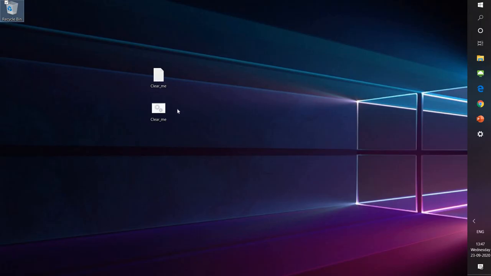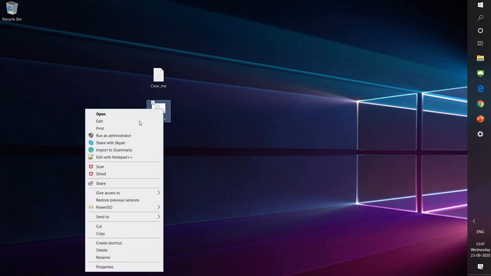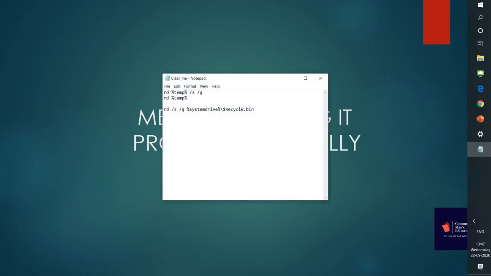So this is a batch file which I can just double click on and run whenever I need. If you just want to clear the temporary files and not the content within the recycle bin, you can just remove this third line, because removing the items in the recycle bin every time might not be good advice.